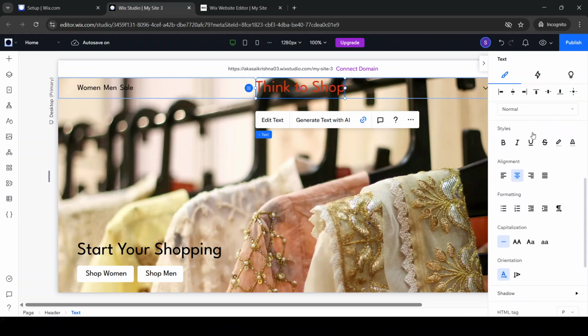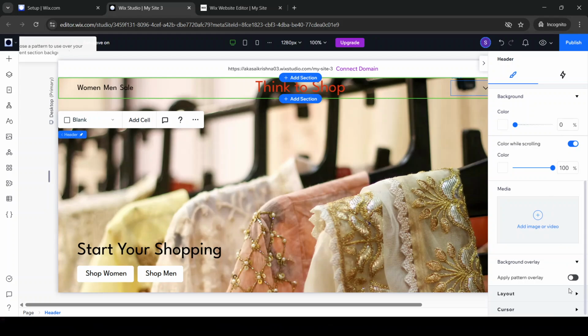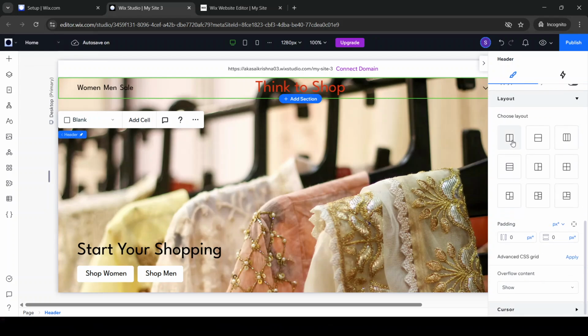Moving on to the Layout section, this is where you manage size and positioning. It allows you to fine-tune the element's margins, set its width and height, or adjust its alignment on the page. It's essential for maintaining the overall structure and balance of your site. A useful tip: pay attention to the padding and margin controls here, as these can significantly affect the appearance and